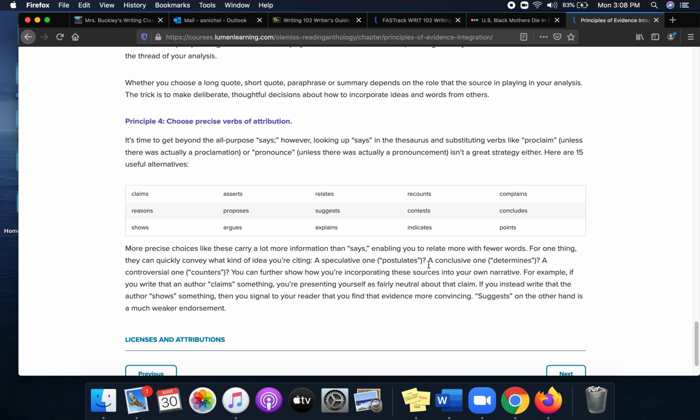And it also gives you some verbs of attribution as well, so that you can use those and incorporate those in your paper too. Okay, what I want y'all to do is in the comments below, kind of write about your goals for incorporating your evidence. Of course, what I modeled for you is just how to incorporate one source. You guys are using multiple sources in this paper, so you might have some concerns there. So if you have any questions, you can ask those in the discussion board, and I'll pop in and answer those during class discussion on Wednesday. But your comments or questions can serve as your attendance for today and your participation.